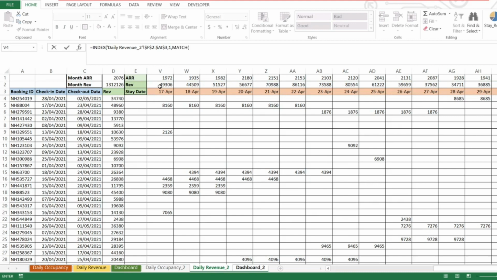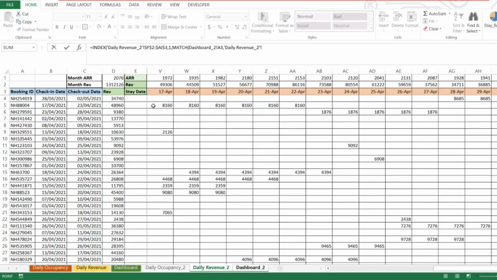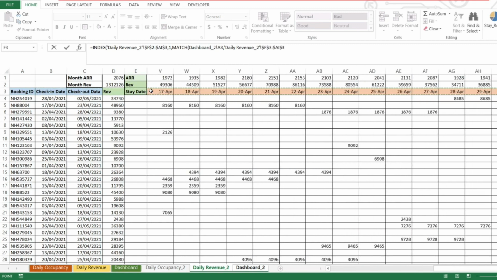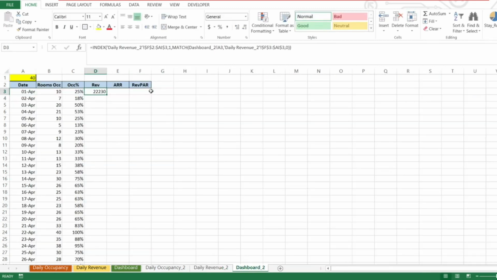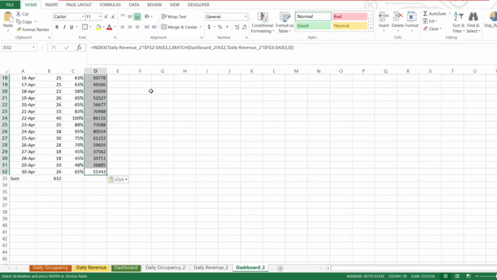Column, I'll use the match function, match the date in this particular range. In this particular range, I'm going to fix this to use. So it did give me the results. I'll paste the formula over the entire range, and here's the daily revenue generated day wise.